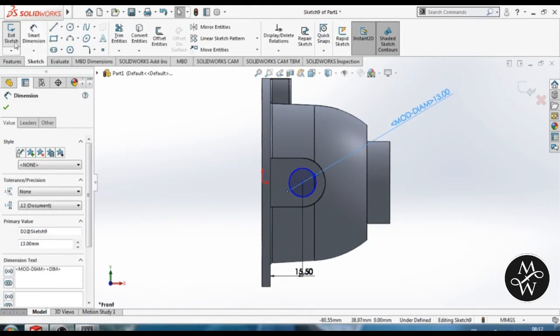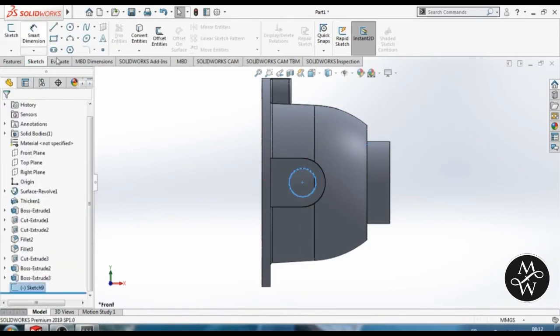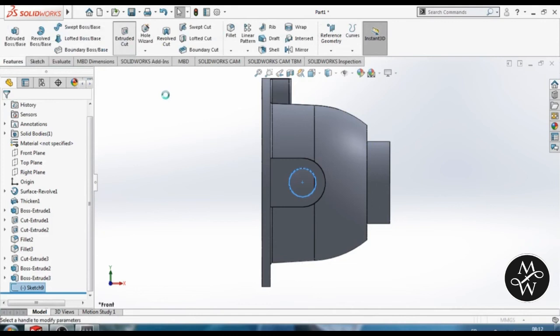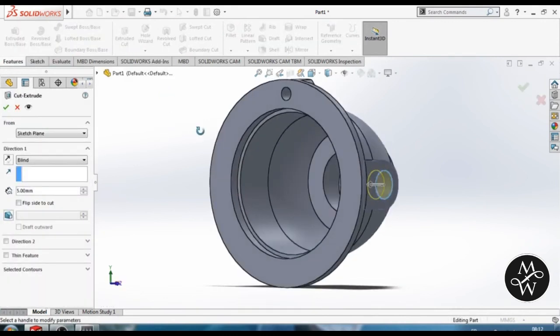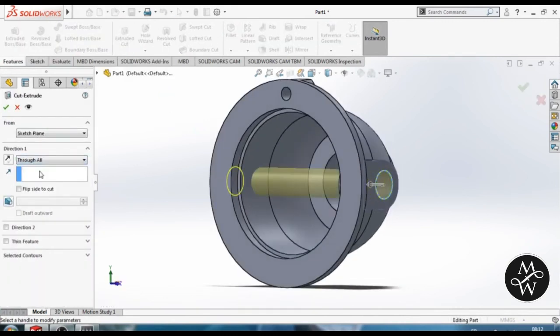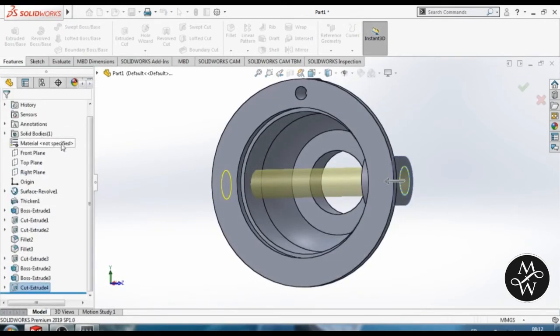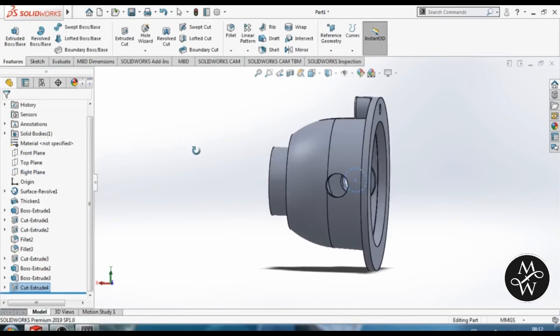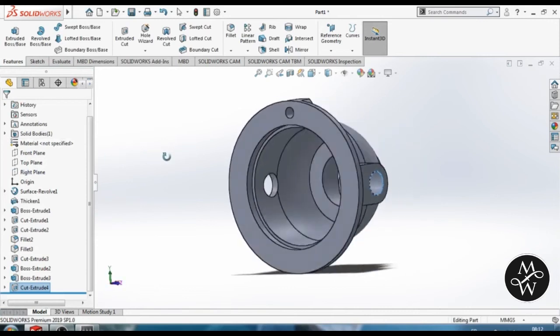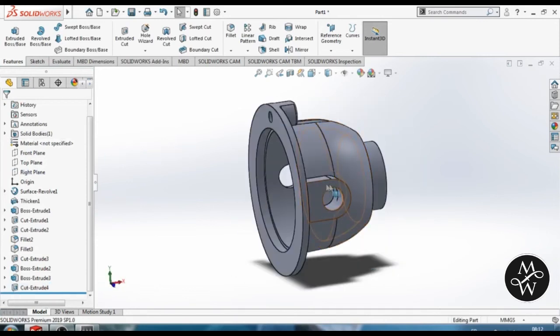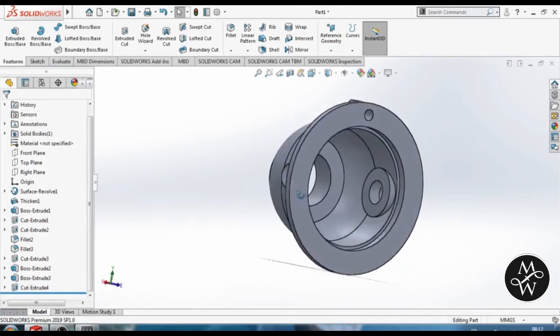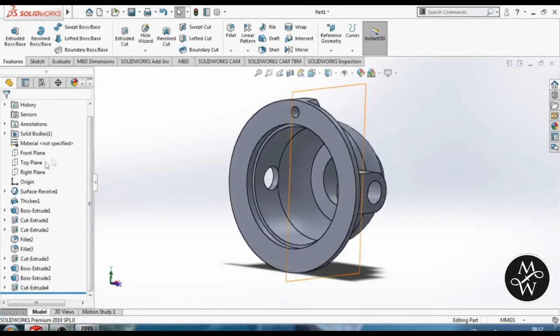So I will exit the sketch now, and let's use the extruded cut feature. Let's make it through all, and let's see how it goes. Nice. Click OK, and now we have the hole on the cover. Now I'm going to add the same form as this one on the other side, so let's do the same thing,